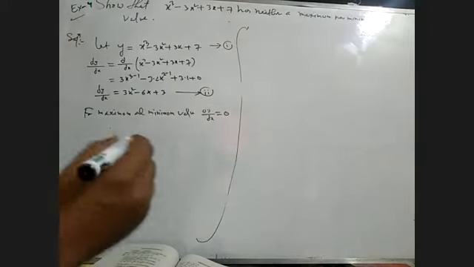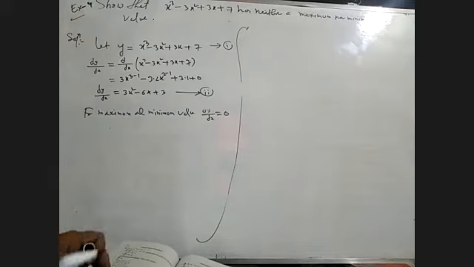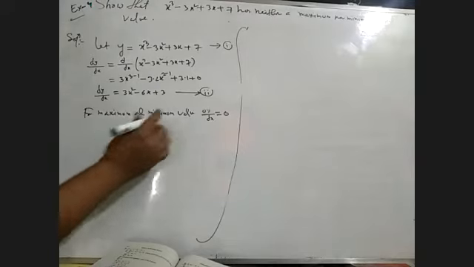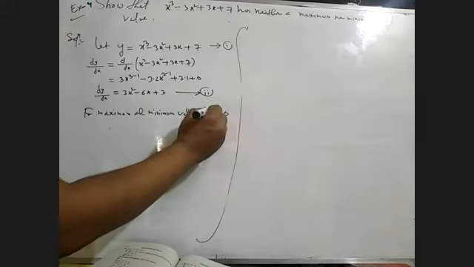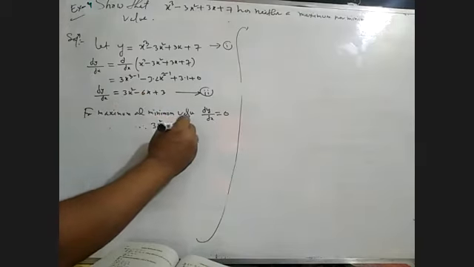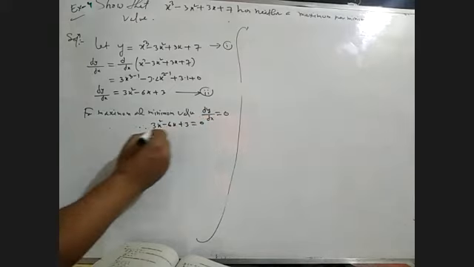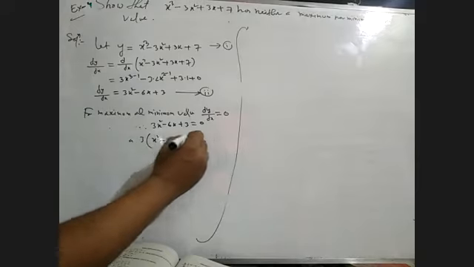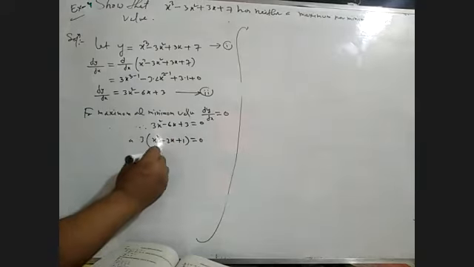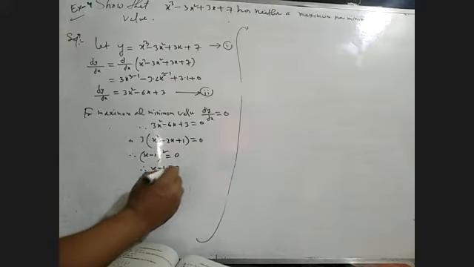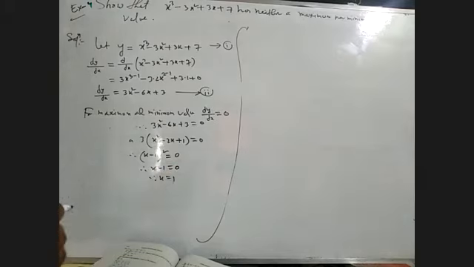Now for maximum and minimum value, the first derivative will be 0. So 3x square minus 6x plus 3 equals 0. Now 3 is common here: x square minus 2x plus 1 equals 0. That means x minus 1 whole square equals 0, so x minus 1 equals 0. That means x equals 1. Now again differentiating